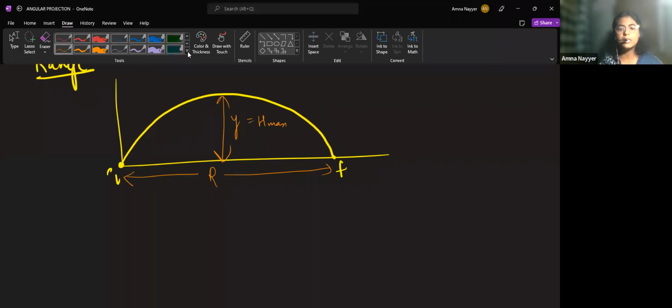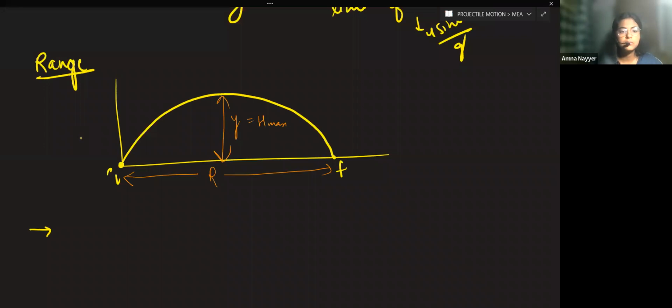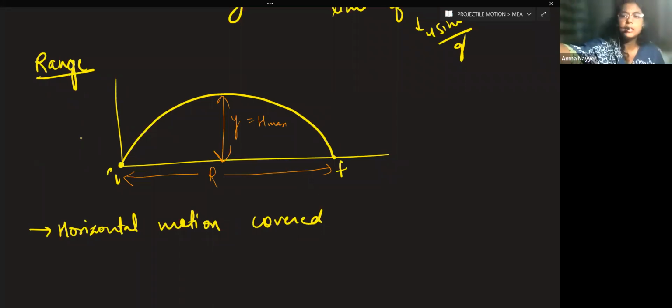So range is the horizontal motion covered in the complete time of flight. That is capital T, the time of flight. So this is covered in time T. So time T means what? Complete time of flight. Now again, to derive the equation,